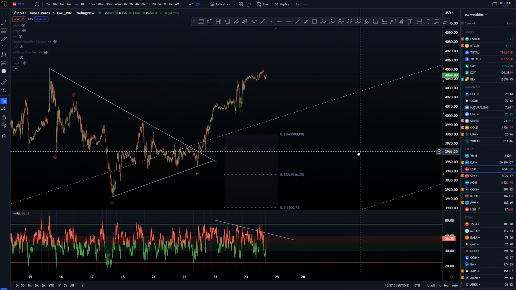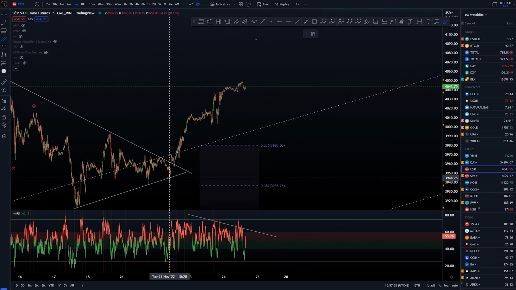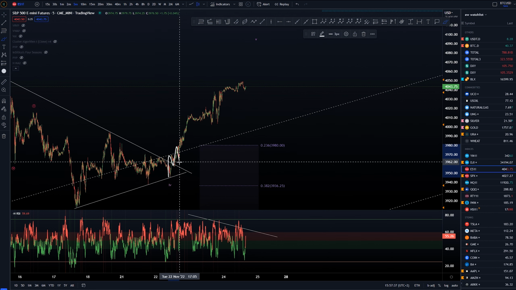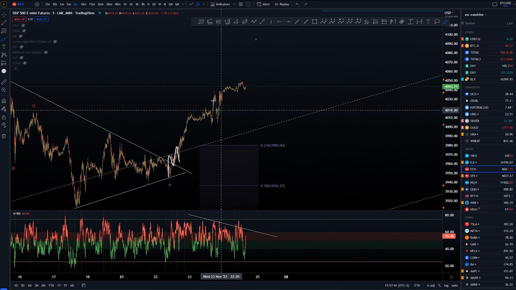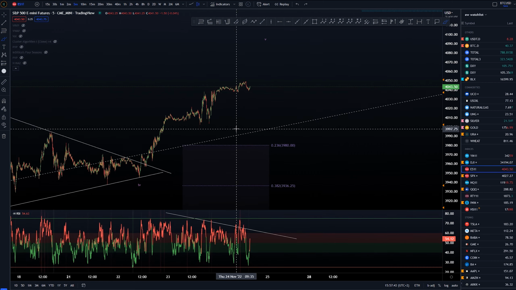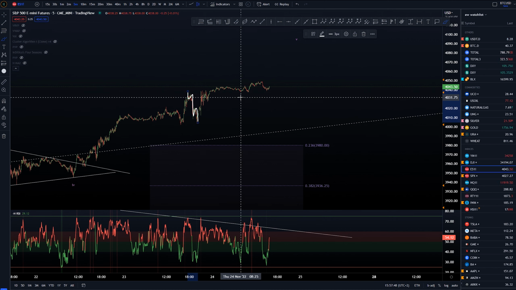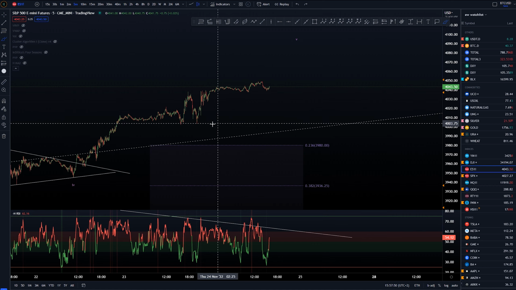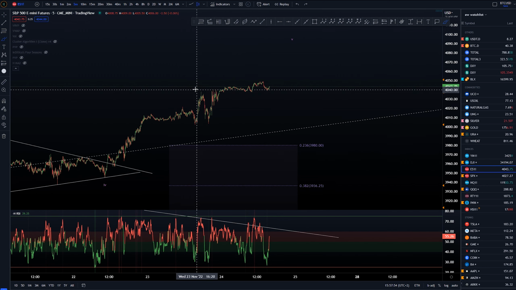Now, on this lower time frame count, again, it is not very perfect. We are talking about the possibility of having this as a 1 2 1 2, possible 3 4 and 5, 3 4 and 5. But then we had another drop down here, which definitely felt and looked a lot like a flat move. However, we can't really use it as a flat,